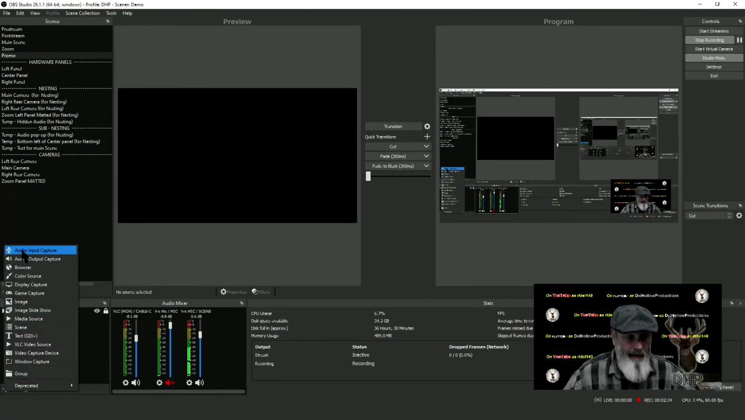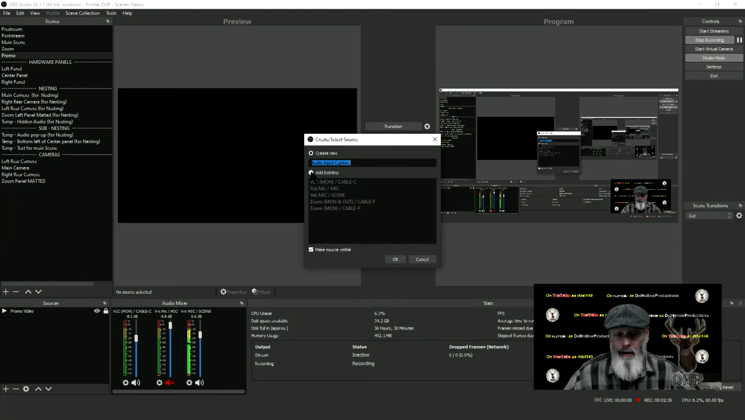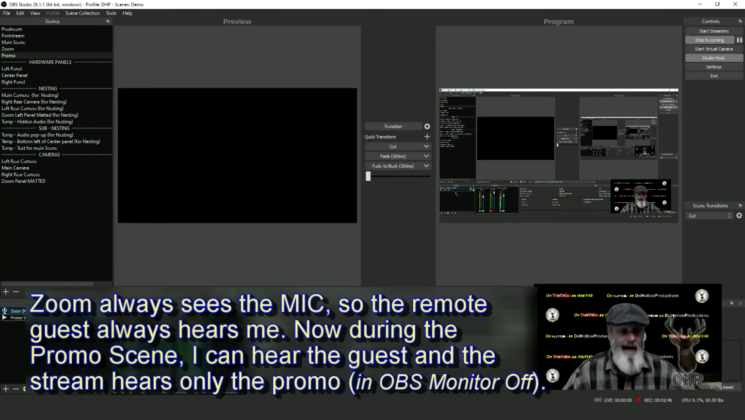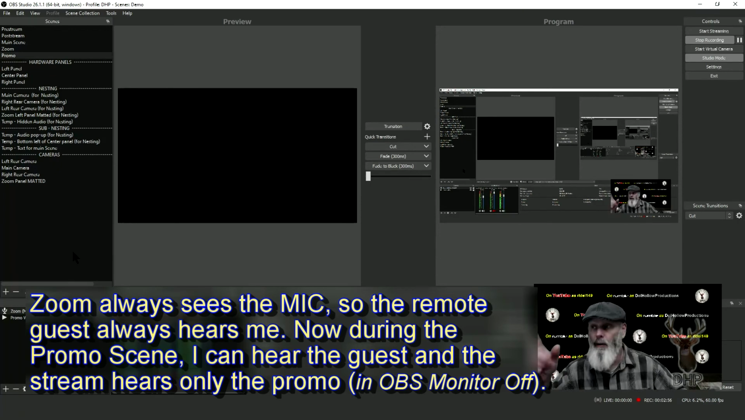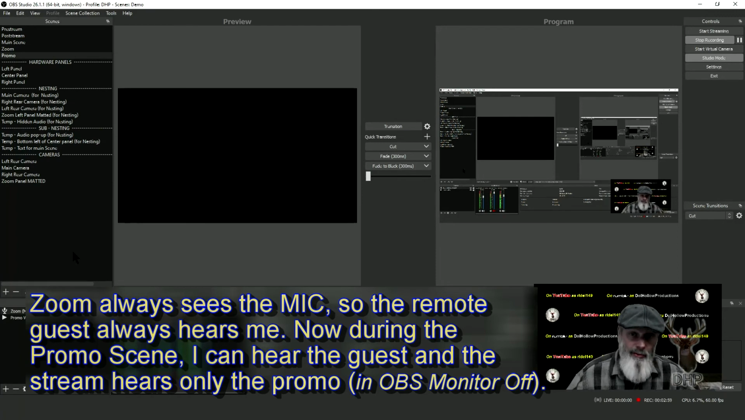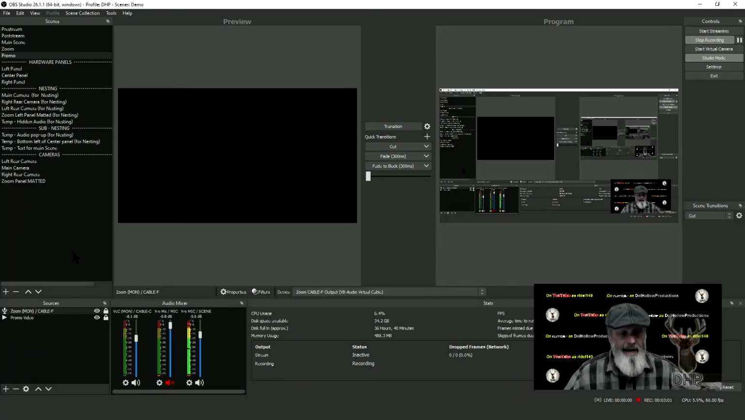Let's add in audio input capture, and we're going to go back to last video where we're going to add Zoom monitor cable F. So now what's going to happen? Now I can talk to my guest while the promo runs, because we always have the Yeti mic feeding Zoom or whatever software we're using, and now I've piped their sound back in monitor only into my scene. So now when I switch,